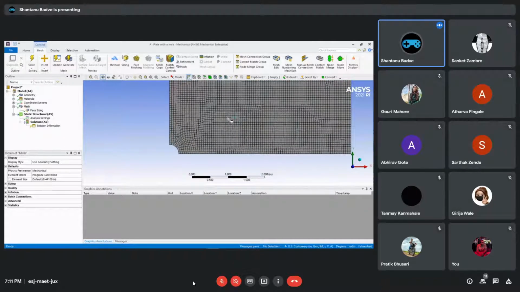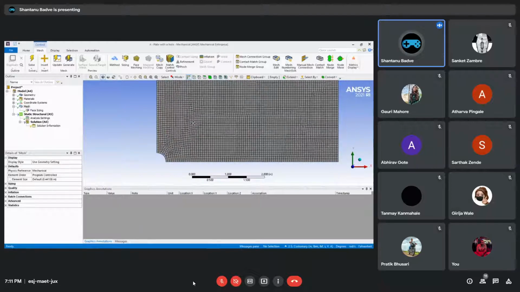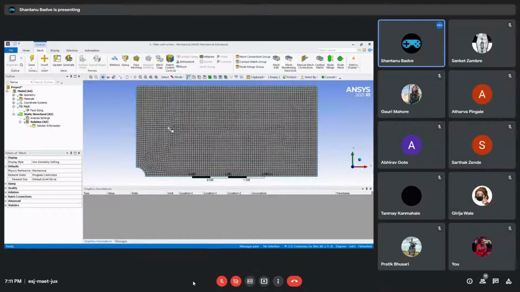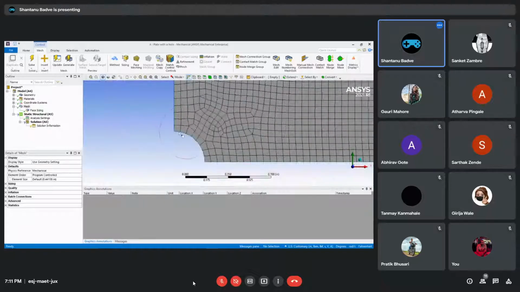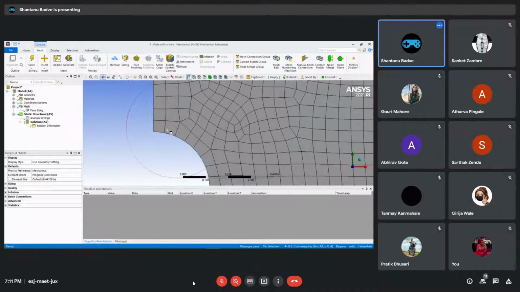You can also perform calculations with this, but there is a big problem over here. As we know from the pre-analysis, the maximum stress is actually going to be at this hole, and that too at theta equals 90 degrees, which means that it is going to be here. We want it to be calculated as accurately as possible.